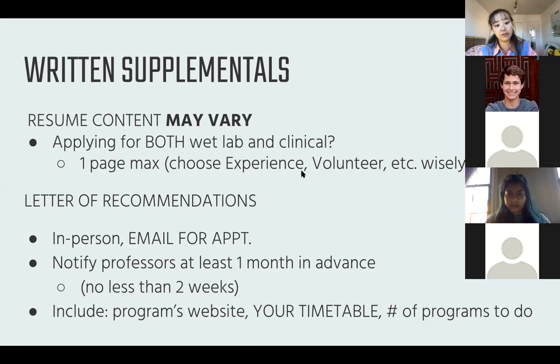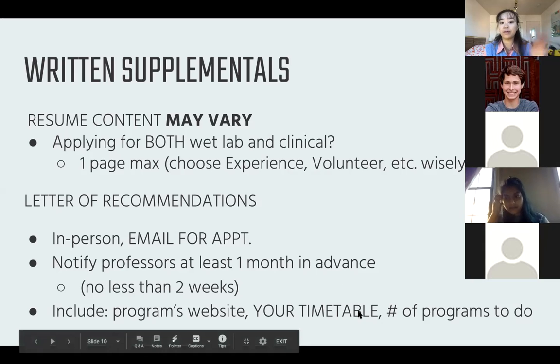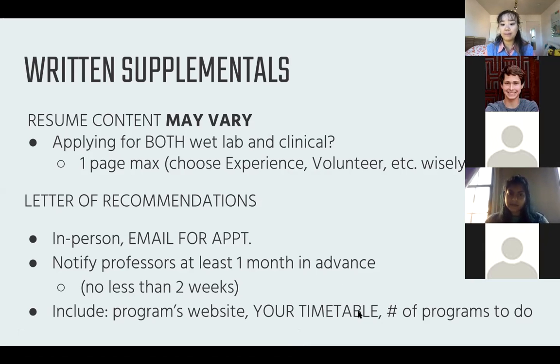And so, what you usually do when you want to email your professors after they've accepted your request is to provide your timetable. So, the one that I was showing earlier in my Google spreadsheet, all the list of programs that you are asking them to write for. So, if you have a master list, make sure that master list is just for yourself. And you create another document for those professors to look at. So they'll know exactly what they have to write for.